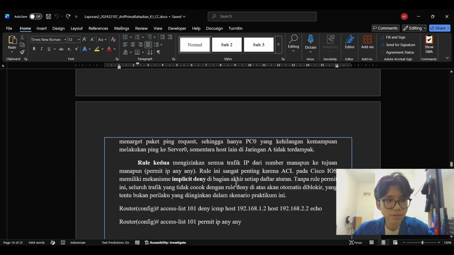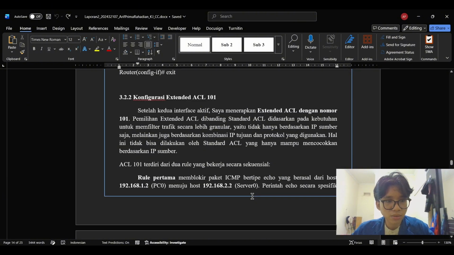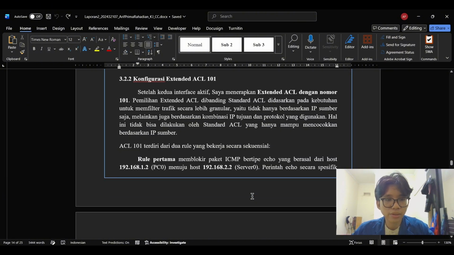By specifying the echo keyword, this rule only targets ping requests, not all ICMP traffic.